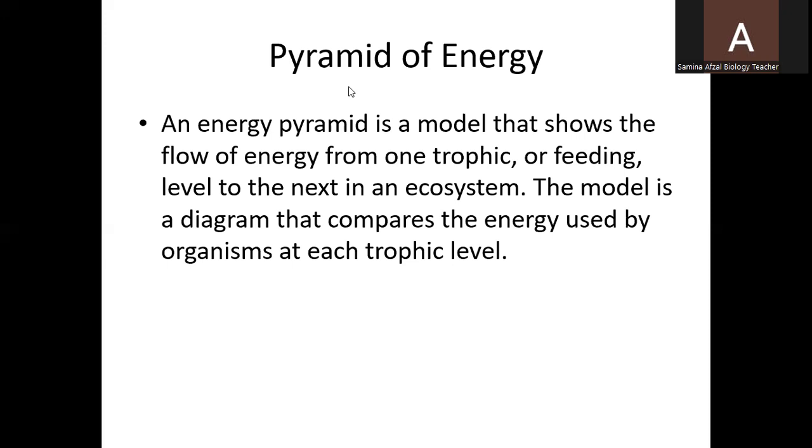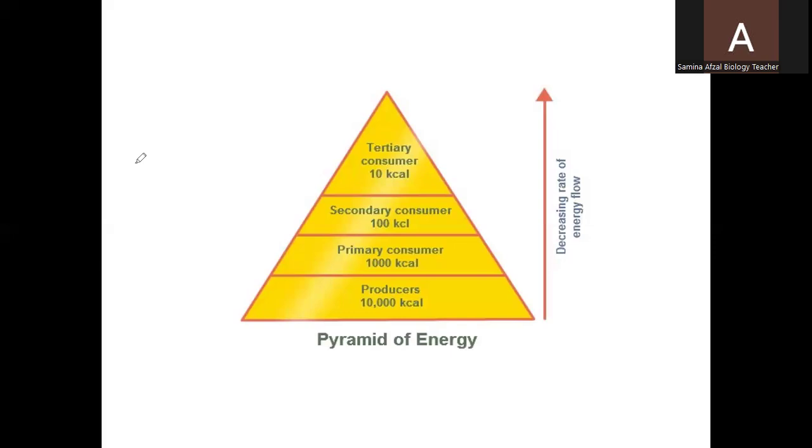So I would want to go to the next. You can see the pyramid of energy, and you can see that energy will always be greater in the producers because they directly capture that energy from the sun. And I already told you that 90% of that energy is lost as heat. So the energy which reaches the next level is 10% of that total energy. So if 10,000 kilocalories of energy is available to the plants, the primary consumers will have only 1,000 kilocalories, secondary consumers will have 100 kilocalories, and tertiary will have only 10 kilocalories.